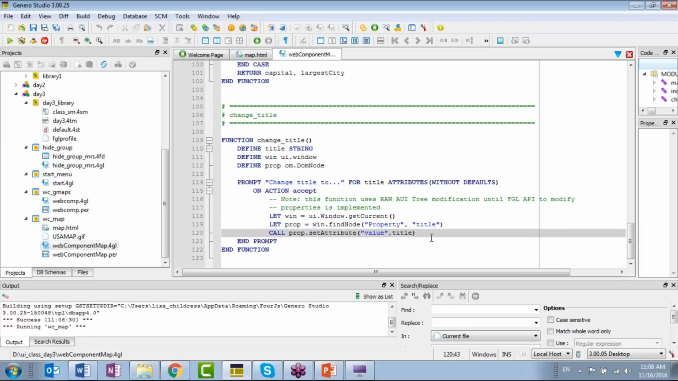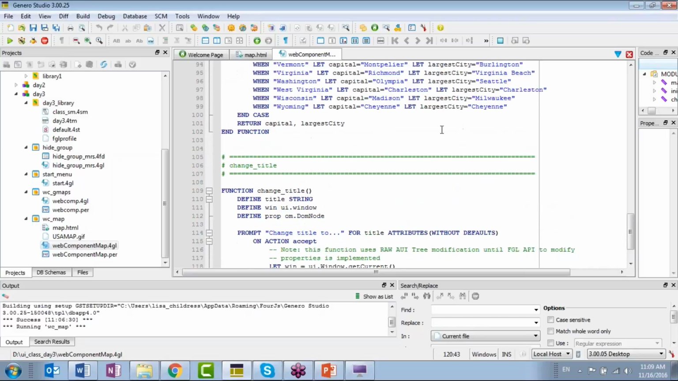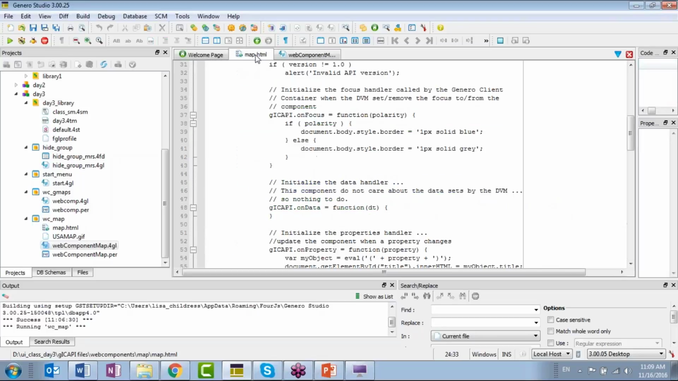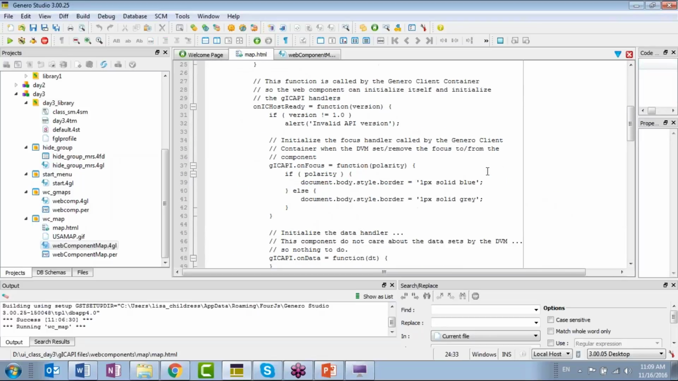Call property.setAttribute value, which is our value that we're sending to it, and we're calling it title, which is the string my title. So we've got that in the BDL code, and then that sends information to the web component. The DVM sends information to the web component, and